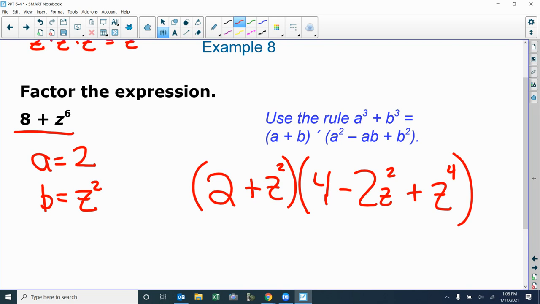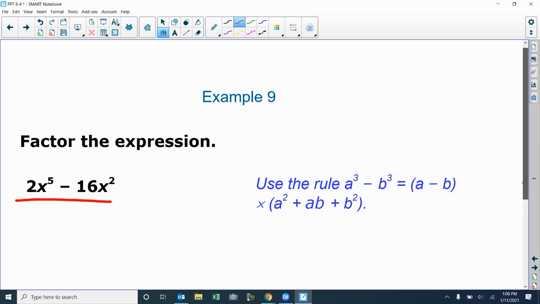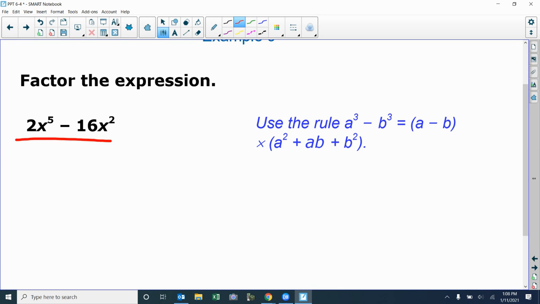Questions? Make sense? Easy. Last one. Oh, wait. The GCF has to come out first. What is it? 2x squared is coming out. X to the third minus